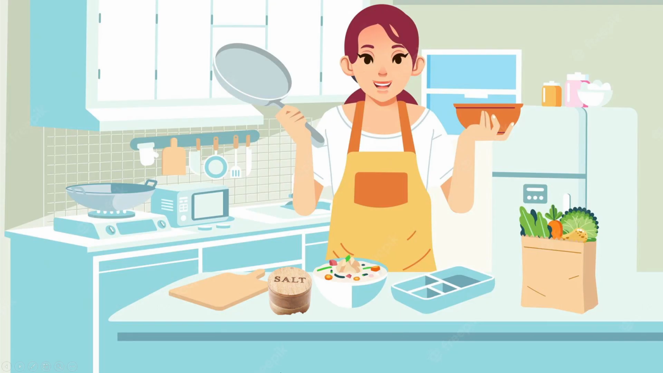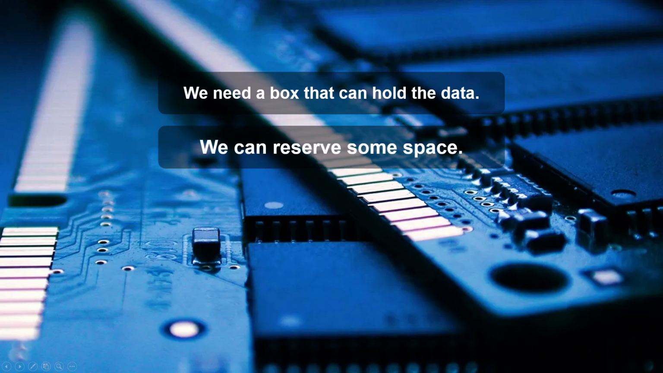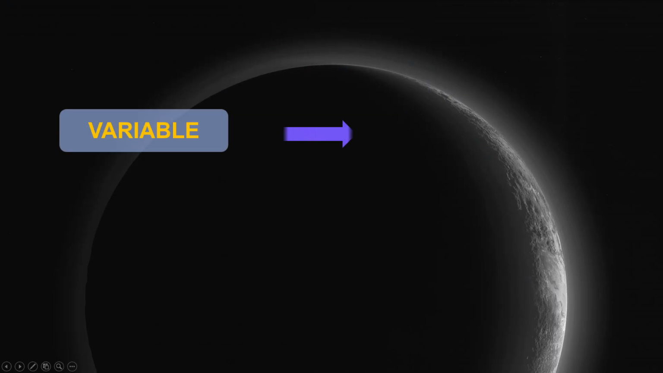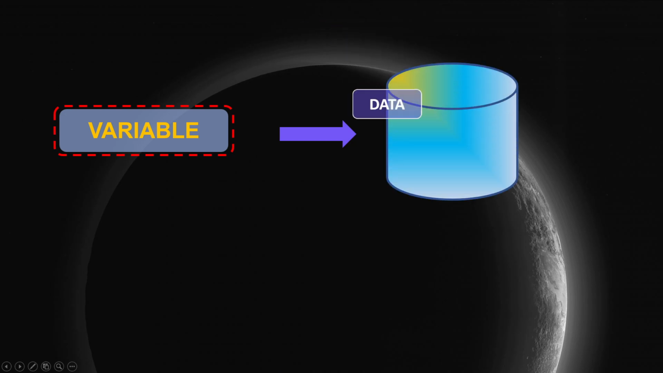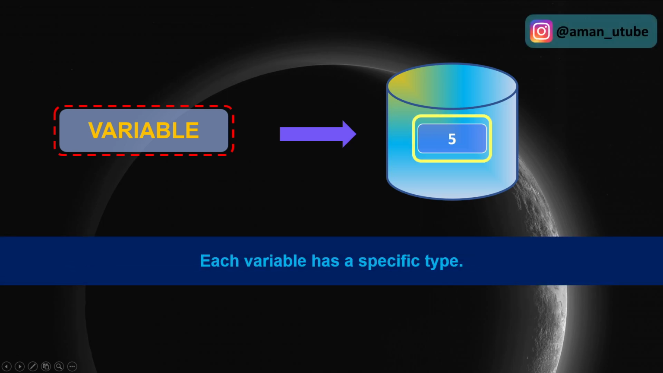Let's get started. Do you know how our mother keeps salt in her home? They keep salt in a box or in a plastic. Similarly, if we need to store data or value in our computer memory, we need a box that can hold that data. So we can reserve some space, and a variable is used to accomplish this task. So a variable is nothing but a box or a container that is capable of holding data. And each variable has a specific type. This is referred to as a variable because the value stored within it